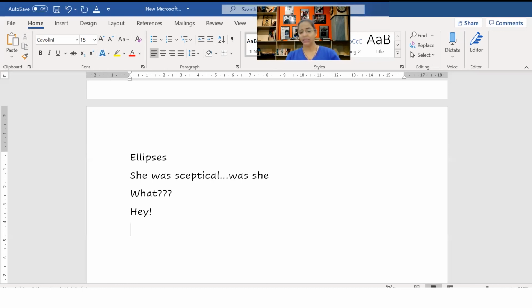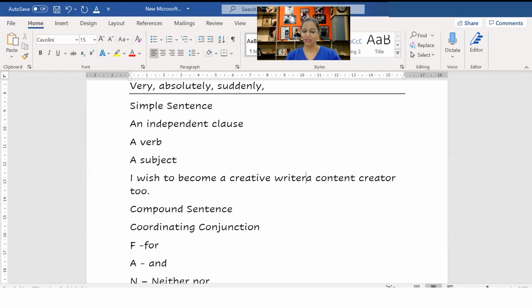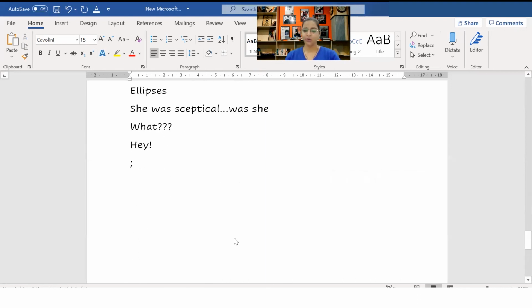Now coming on to the next thing, which is the semicolon. So semicolon is also used in creative writing. When you are not using a coordinating conjunction and you want the reader to take a pause, you will use a semicolon. Okay, so if you don't want to use a conjunction there, you want to give the reader a pause, to soak in what he has said. So this is mostly used in very deep meaning sentences. When you are trying to give a message, a deep meaning, or emphasis on something, then only you will use the semicolon. Okay, so this is the semicolon. So this is how you punctuate, right.